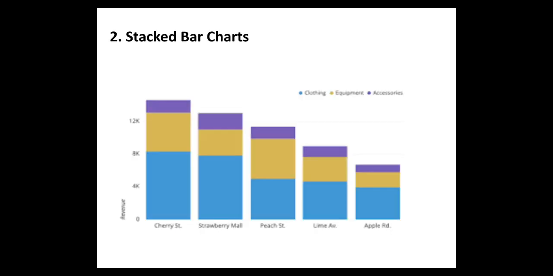Then the second one, stacked bar charts. See, these are another type of bar chart, a great choice for the researcher if he wants to convey the size of a group relative to the other groups. Within one graph we might see different groups, and it also illustrates the parts that make up the whole group. When you observe these bars, you might see three different colors in one particular graph.